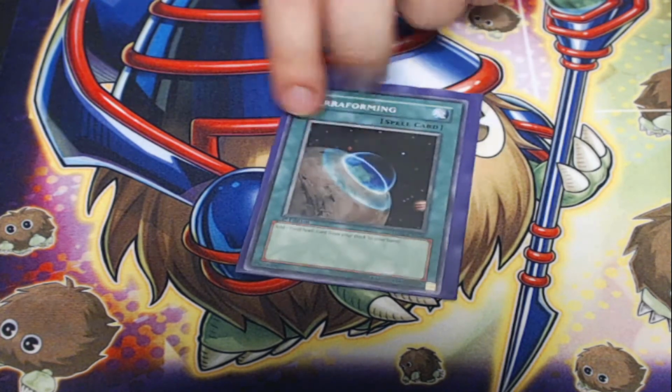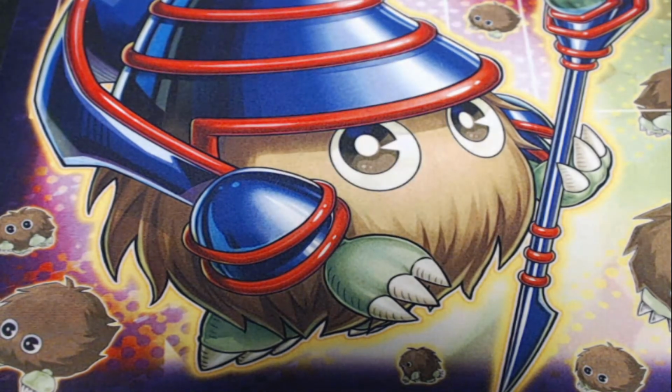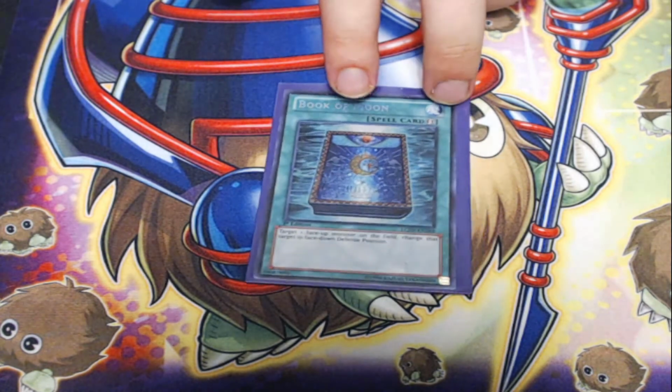And we got a copy of Terraforming to search it. One Terraforming for two field spells, that's alright. And then last on the spells, I am playing one copy of Book of Moon, a nice card to have